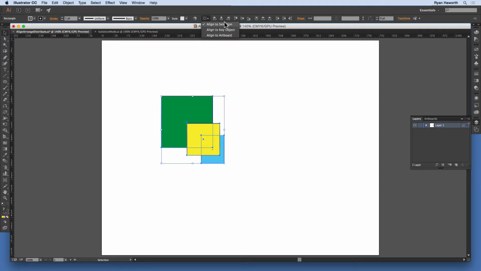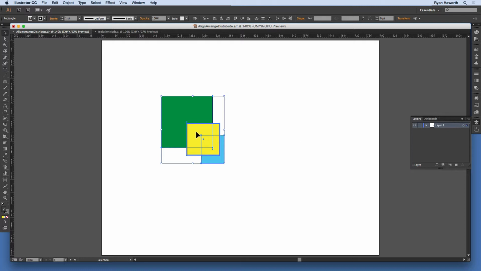And then we will select all of these, and you may notice when we talked about the options to align, you could align to selection, align to artboard, or the middle option is key object. So you select align to key object and then click the key object, and you'll notice before I clicked it, it was this doubly thick blue border, and it's only blue because my layer says that my selections are blue,